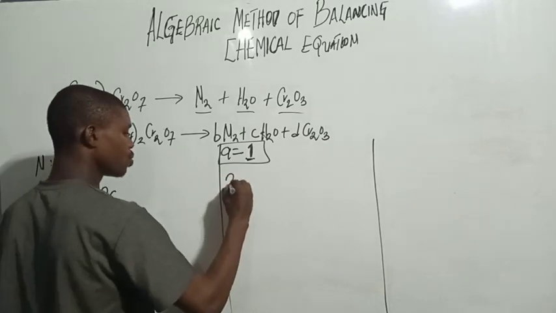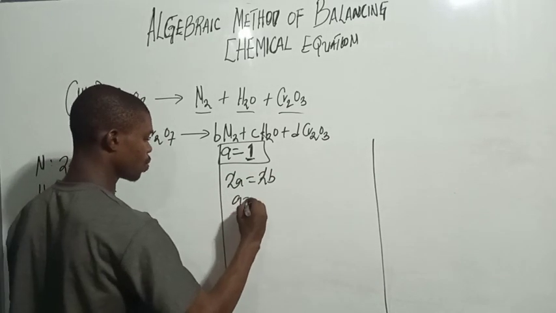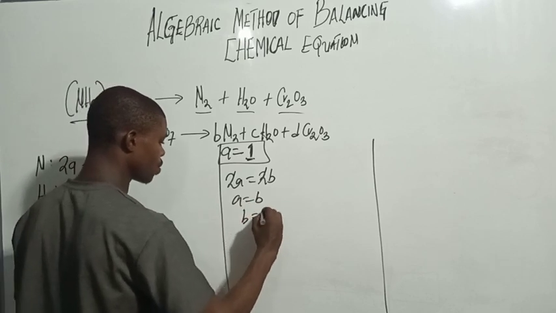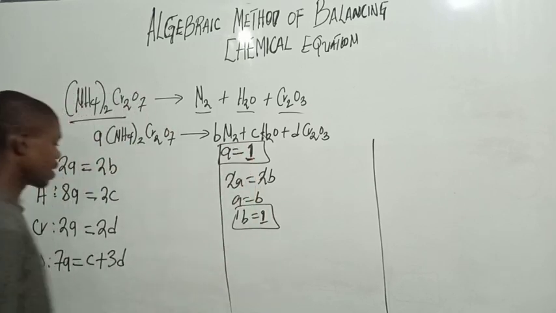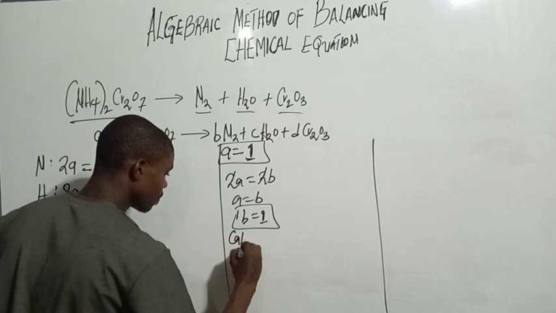So 2A equals to 2B. Remember, 2 and 2 go out, right? So A equals to B. That is my B is going to be 1. Can you see that? Then this one here, C, I can only get my C. So I say calculating